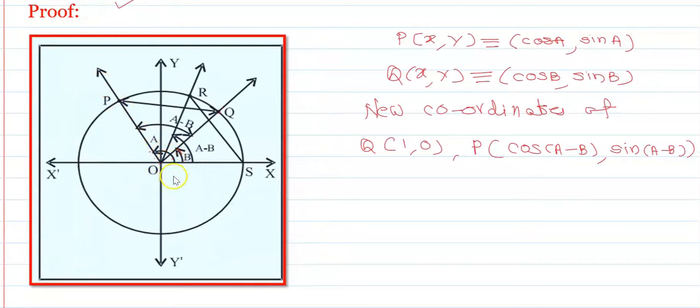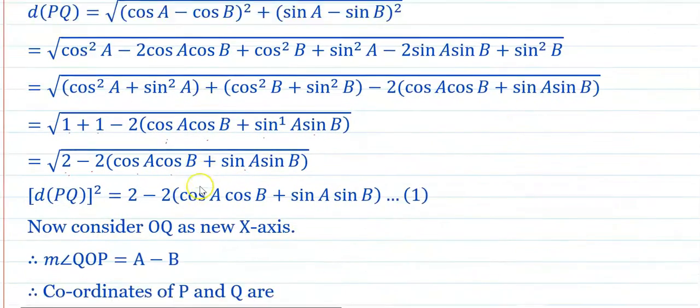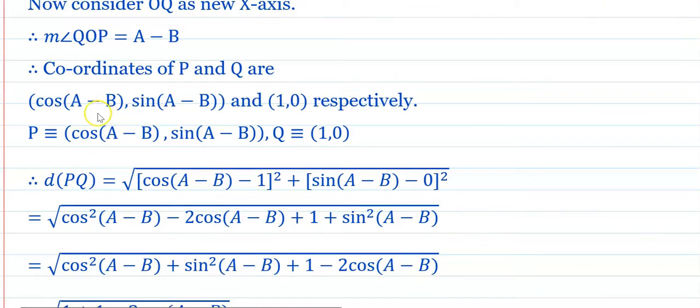The angle is A, and the next angle OQ, it makes an angle B. Therefore, difference between these two angles is nothing but the angle between POQ. The difference between angle A and angle B is nothing but the angle between POQ, and hence the angle between POQ is A minus B. Okay, and therefore the coordinate of the point P is cos of A minus B, sin of A minus B,